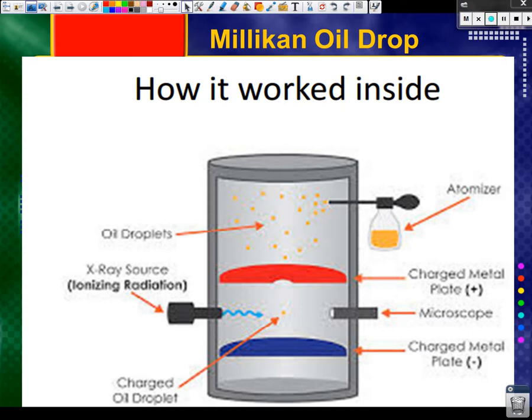Okay, on the right-hand side of the middle, there's a microscope. What do you think the purpose of that was for? So he could see it. He could watch what was happening. And here's what happened. At the bottom of this thing, there was another charged metal plate, but what was the charge of that thing? Negative. All right. So we know that electrons are negative. So when he